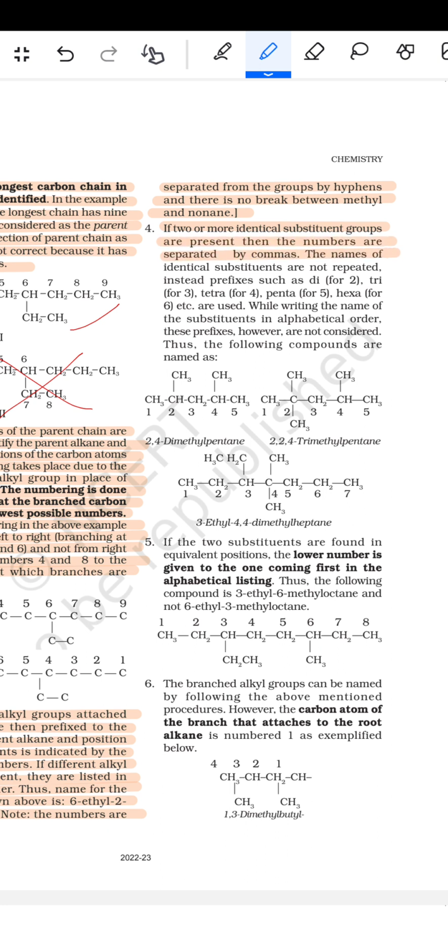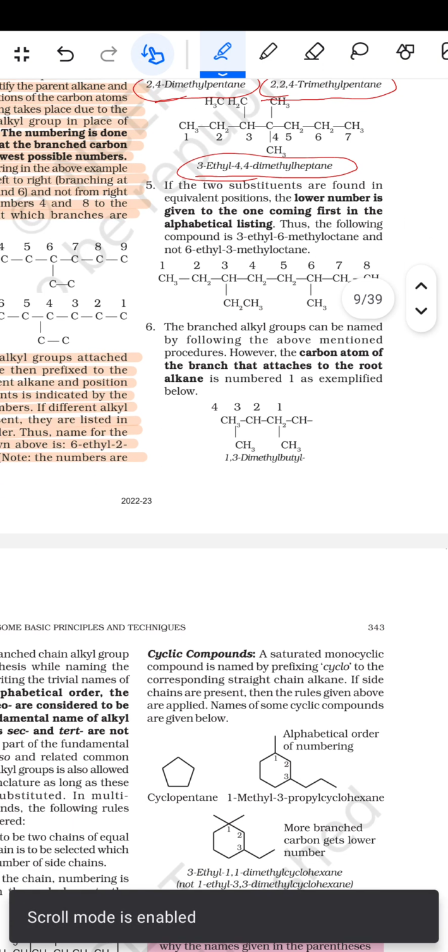The names of the identical substituents are not repeated. Instead prefixes such as di or 2, tri or 3, tetra or 4, penta or 5, hexa for 6 etc. are used. While writing the names of the substituents in alphabetical order, these prefixes however are not considered. Thus the following compounds are named as 2,2,4-डाईमिथाइल पेंटेन, और इसका कर सकते हैं 2,2,4-ट्राईमिथाइल पेंटेन, और इसका कर सकते हैं 3-इथाइल-4,4-डाईमिथाइल हेप्टेन। नाउ पंचम है कि if two equivalent substituents are found